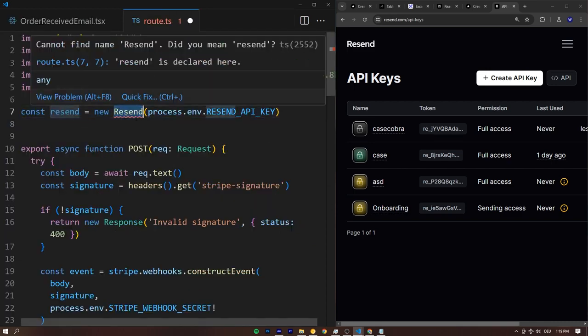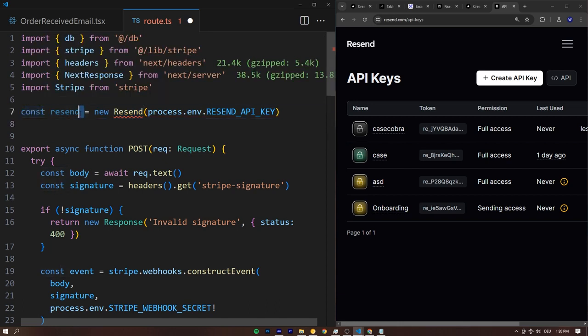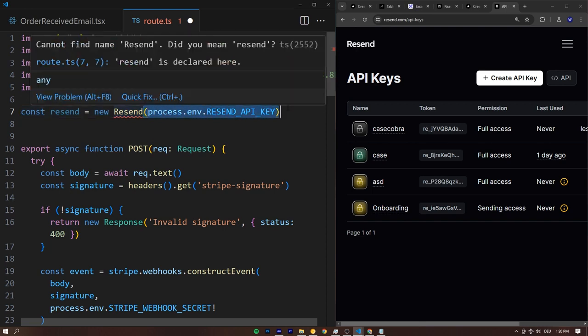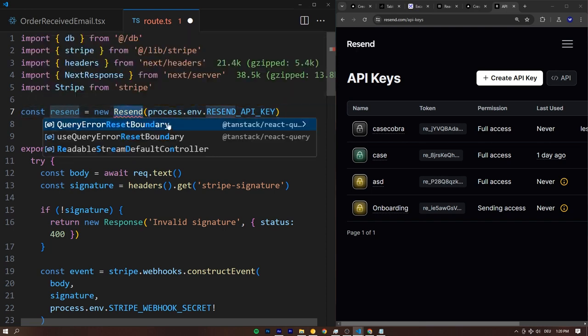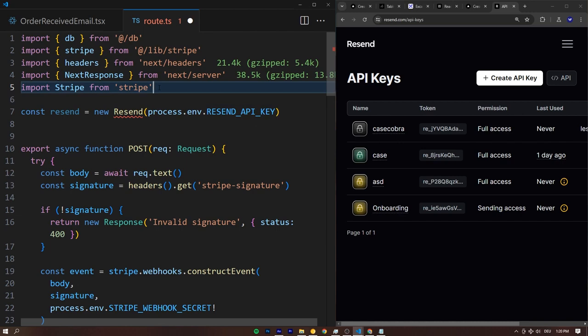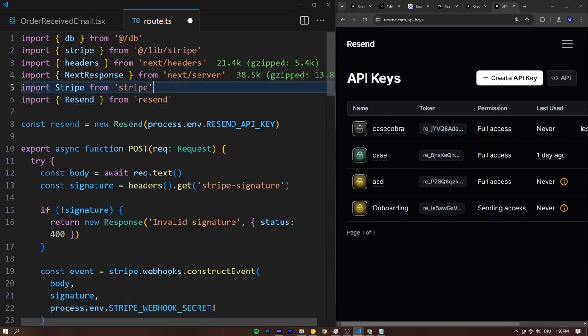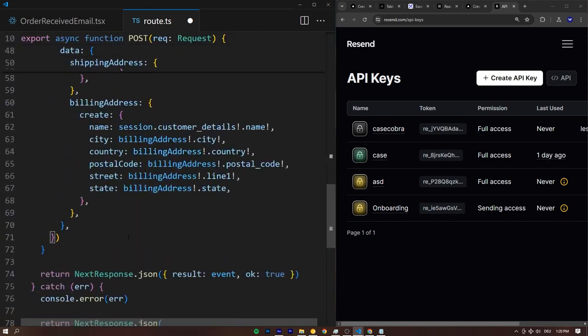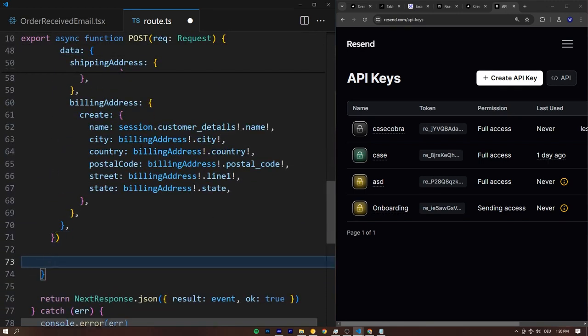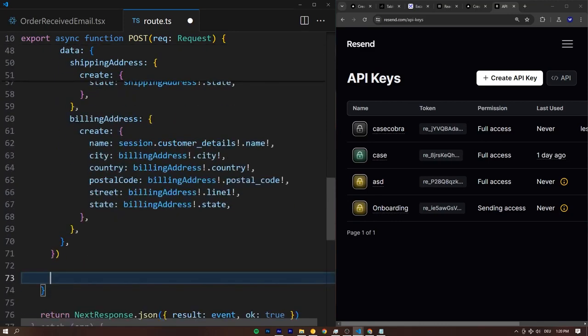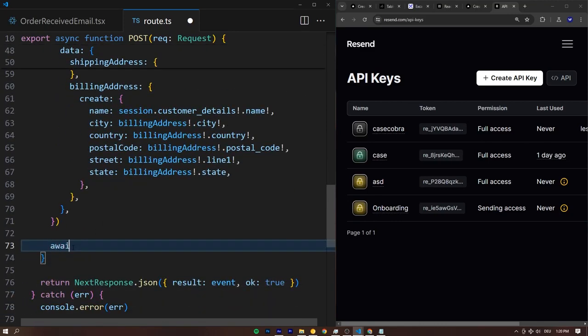And we're going to create a new resend right here. We're going to say const resend is equal to a new Resend and pass in the process.env.RESEND_API_KEY. By the way, if you're wondering where that class is imported from, we can simply import Resend from resend, the package we have just installed, the SDK, right? And now this makes it incredibly easy to send our own email to our user. Let me show you how it works. Let's go down all the way below creating or updating our order in Prisma, right? The DB order update. Below that is where we're going to say await